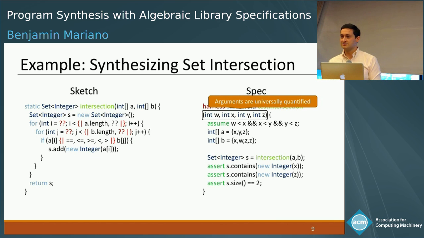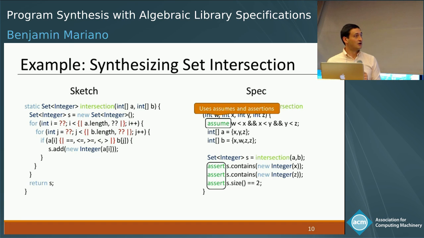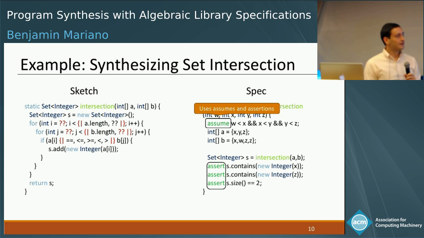So how are we going to actually use this to specify what we want the program to do? So we're going to use assumes and asserts. In particular, the assume here is going to put some restrictions on these universally quantified arguments. So it's going to restrict them to be ordered, and this will mean that they're unique elements. We're going to declare two arrays, A and B, over these universally quantified arguments. We're going to call the intersection method on A and B. And then finally, we're going to make some assertions about what this intersection should do. In particular, we're going to assert that the intersection should contain the elements x and z, and that its size